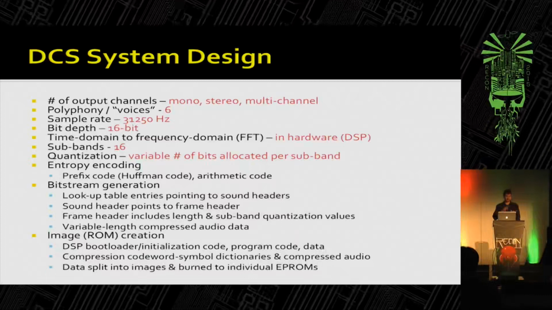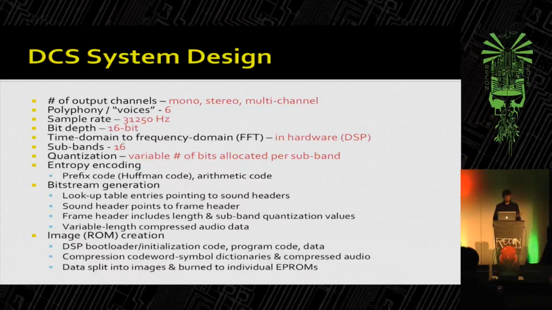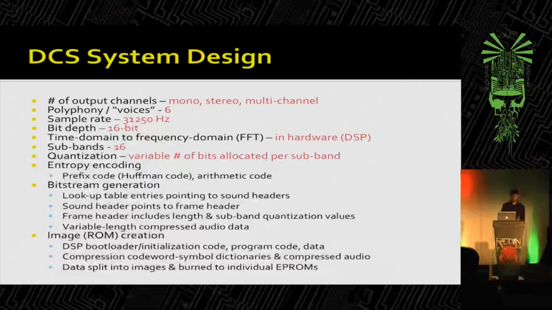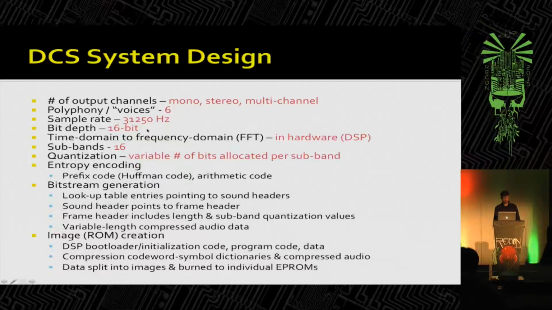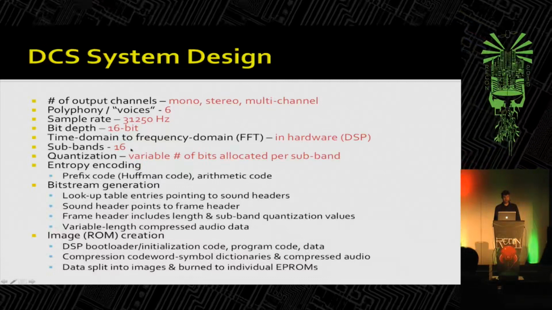So a music track, a voiceover, a couple hits at the same time, whatever else. And then it down mixes all that to mono, for example, and then puts it out the one speaker. Sample rate, 32 kilohertz, 16-bit. The FFT is done in hardware. 16 sub-bands,